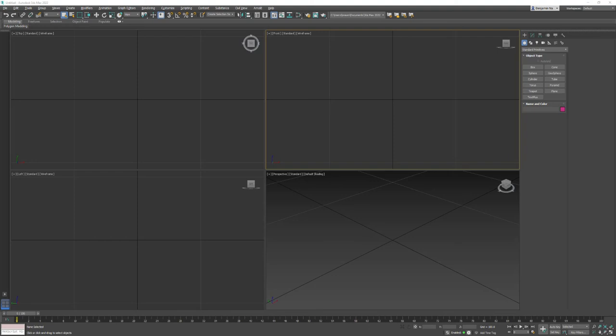We're going to move on to working with our next modeling tool with splines. This is going to be Bevel Profile. Now, in this case, I'm going to show you another way. If you've downloaded the zip file,